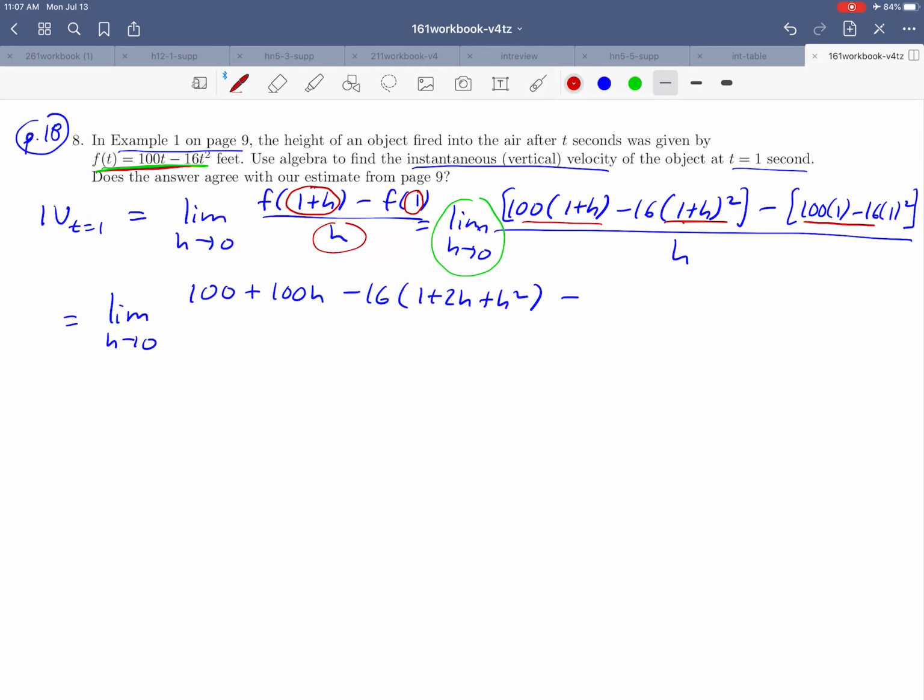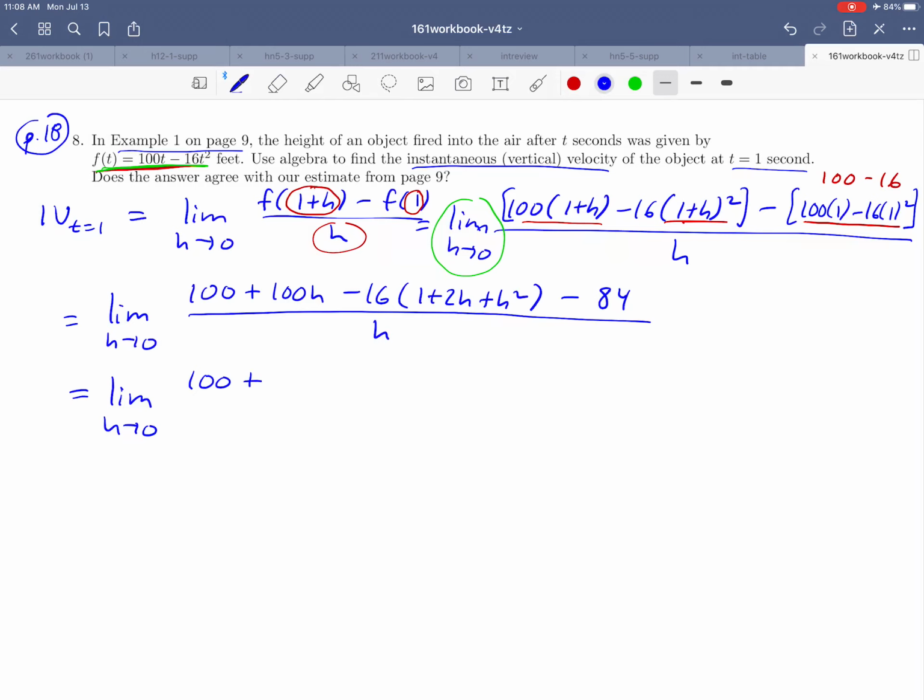Okay, and then we come to 100 times 1 minus 16 times 1 squared. That's 100 minus 16 if you write it out. And 100 minus 16 happens to be 84. Okay, so I'll go ahead and just write that out. Okay, and continuing,